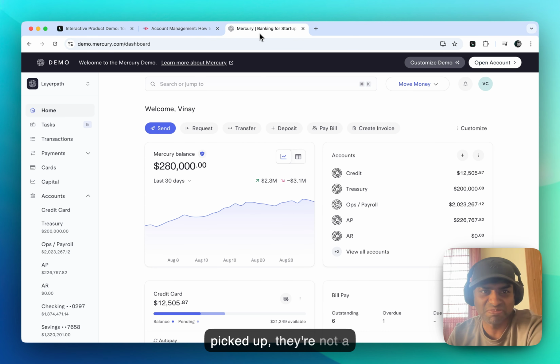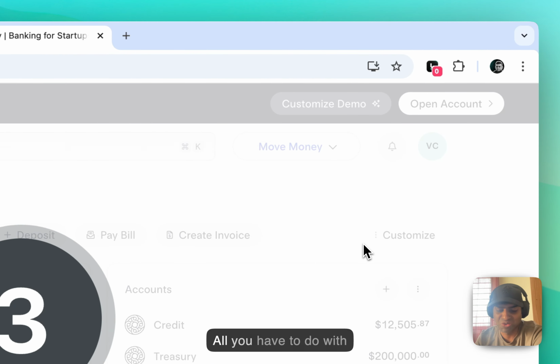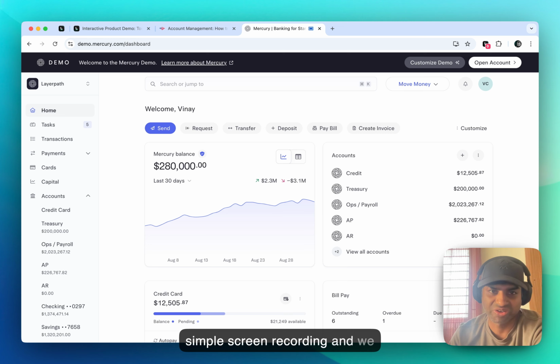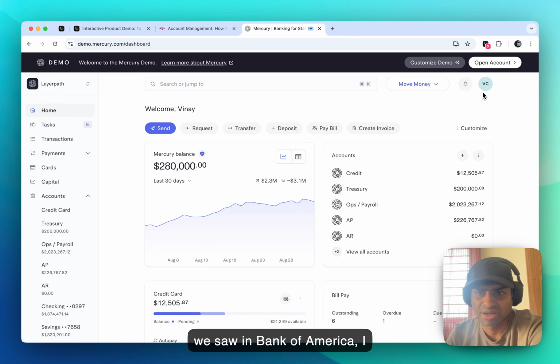And for the demo, I've picked, they're not a traditional bank, they're a fintech company, Mercury.com, and this is not our current account, this is just a demo account. Go to Layerpath, start the recording. All you have to do with Layerpath is simply create a simple screen recording, and we take care of the rest. To do something very similar to what we saw in Bank of America, I would want to